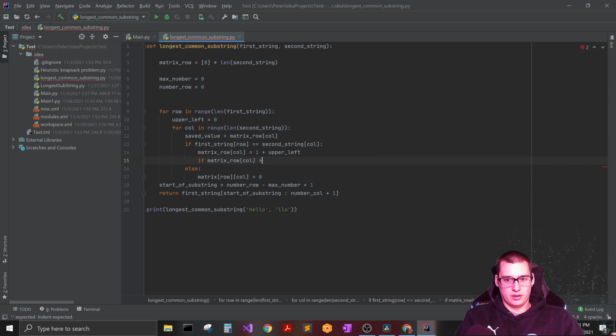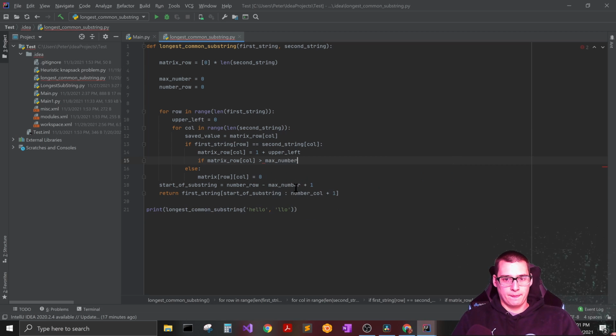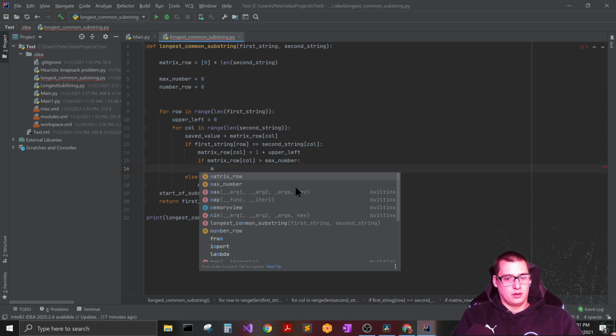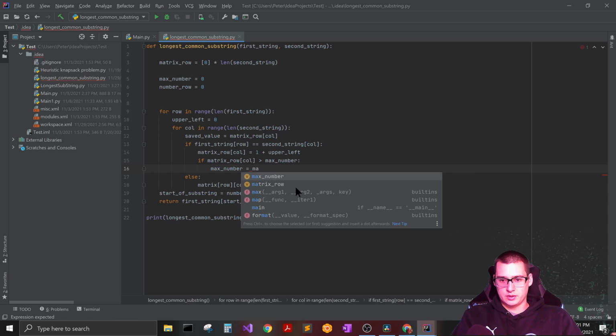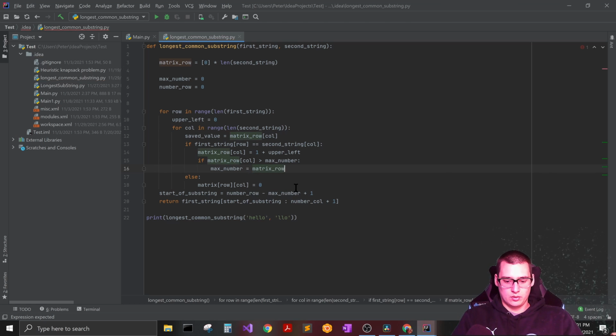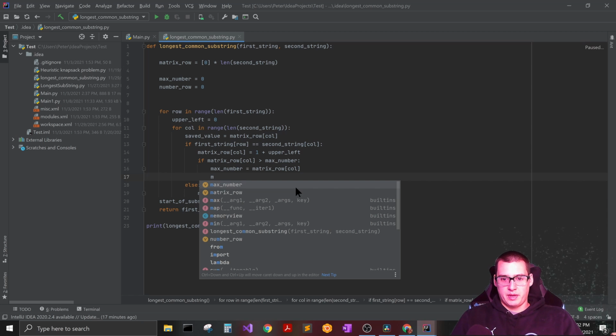So if that is greater than our max number, then we will set our max number equal to our matrix row column, and then we will set our max row,